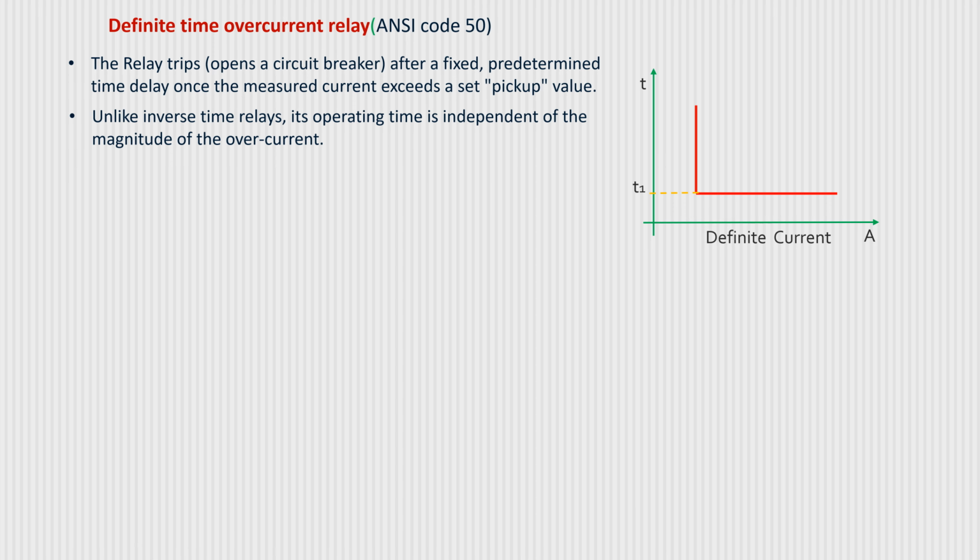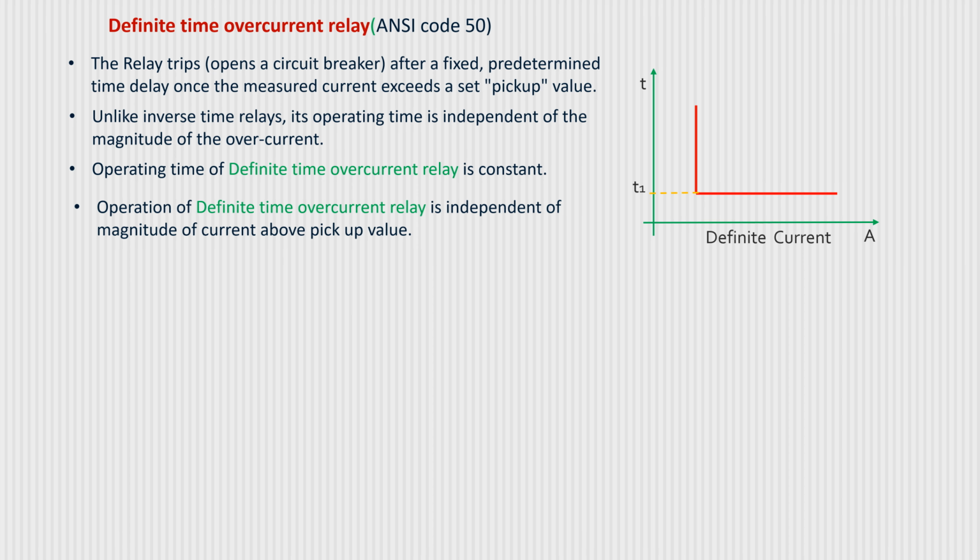Unlike inverse time relays, its operating time is independent of the magnitude of the overcurrent. Operating time of definite time overcurrent relay is constant. Operation of definite time overcurrent relay is independent of magnitude of current